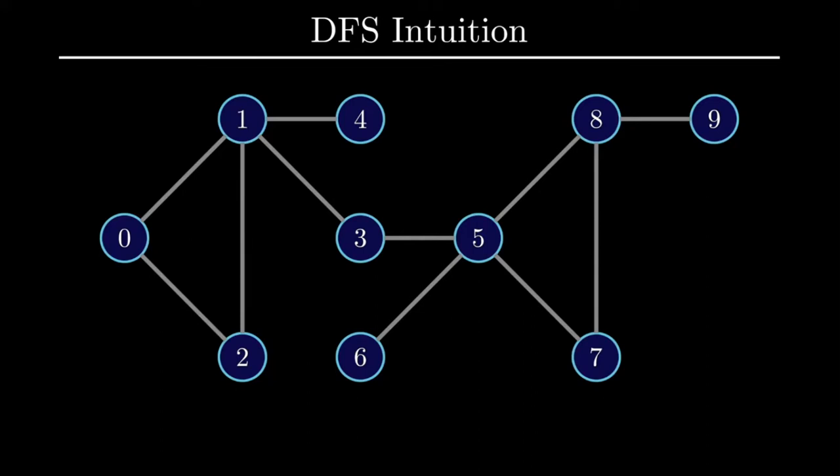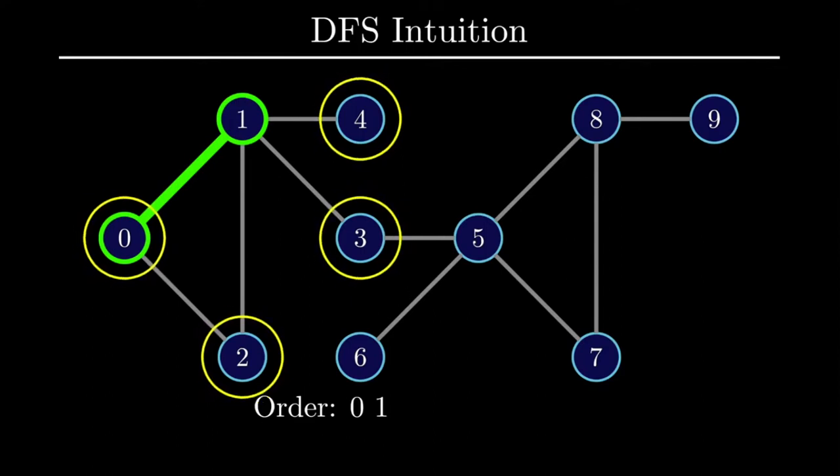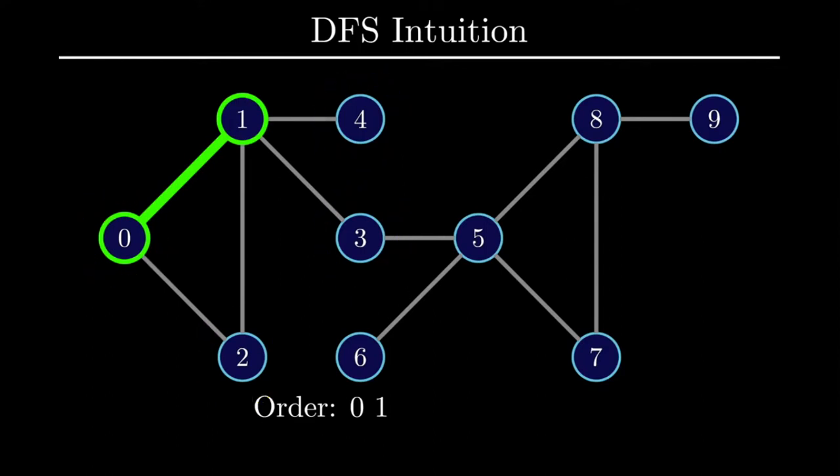Given a start vertex, we want to find an order that we can go through the vertices of the graph so that we guarantee that we end up visiting every vertex. Let's start with vertex 0. From vertex 0, we have a couple of options for how we might want to continue. The option we choose doesn't really matter too much here since our hope is that we'll eventually explore all the vertices anyway. Let's say that we choose to visit vertex 1 from here. What now? Well, now that we're at vertex 1, we have a new set of choices for where to go next. It doesn't really make sense for us to go back to vertex 0 since we've already seen it, so let's pick a new vertex to explore. Let's go with vertex 2.